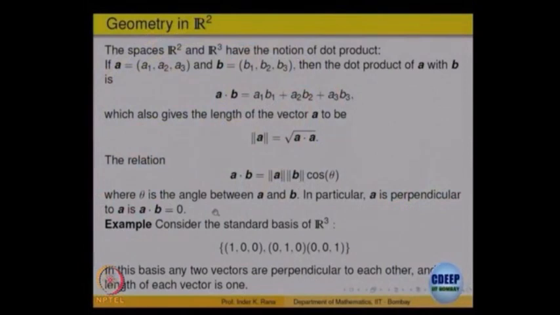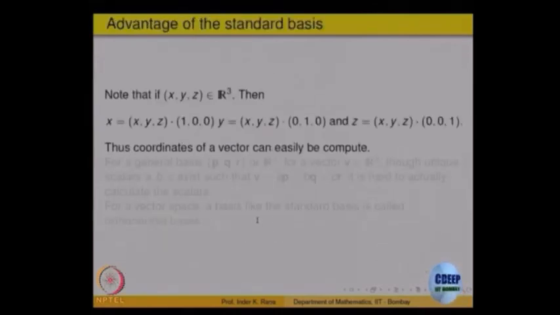So, this is a standard basis in R3: 1 0 0, 0 1 0, 0 0 1, and what is the property of that? Any two of them are perpendicular to each other and magnitude of each one of them is equal to 1, right. We have seen that a basis for R2 or R3 need not be unique, there are many other bases, infinite number of bases possible actually, but each will have 3 elements. What is the advantage of these 3 vectors? Why did I choose the standard basis in my example also? Because computations become simpler.